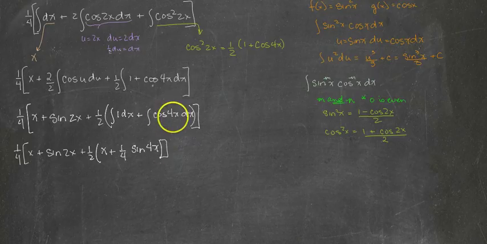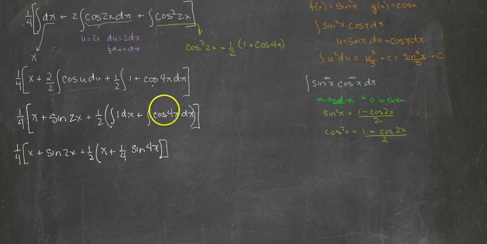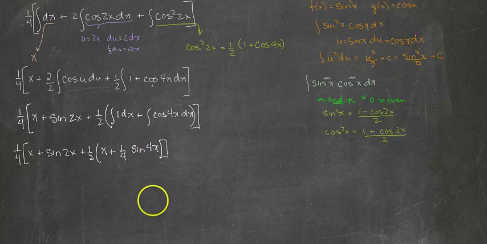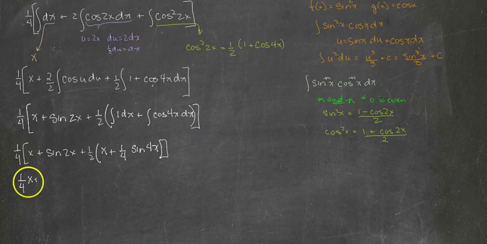Truth is, all I did was a u substitution just like this one, where instead of 2x I substituted for 4x, and it would probably behoove you to double check my work, but I'm pretty confident in it. So let's go ahead and put this back together. 1/4 times x plus 1/4 times sine of 2x